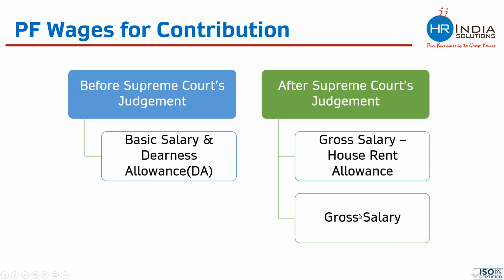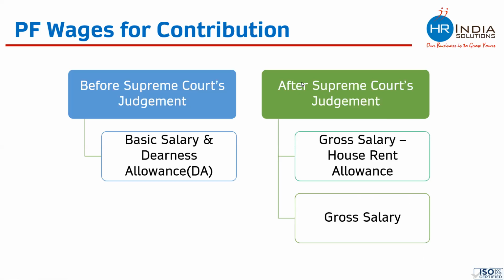Now, why are a few companies calculating on gross minus HRA? Did that Supreme Court judgment rule out HRA from the allowances in that judgment? The HRA is also in question. House rent allowance is also in question, right? So I'm not very sure that calculating PF on gross minus HRA is 100% compliant. I have a doubt on that, since even the house rent allowance is in question in that Supreme Court judgment. So I always suggest everyone to calculate your PF on the